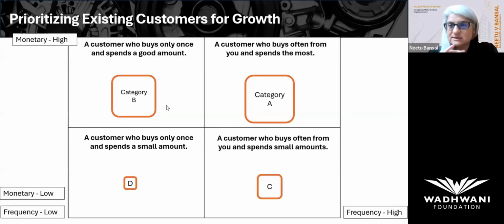For many organizations, when they bring in new customers, they will typically fall in category B or C. Or sometimes they enter as a large potential account, but they just buy a little amount from you, spending only once. If they're unhappy with you, they rarely come back. If they are happy with you, they will go from D to C. If you see that happening, that means there's an opportunity for you to make that C customer into a B customer.